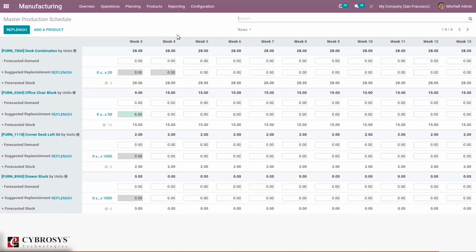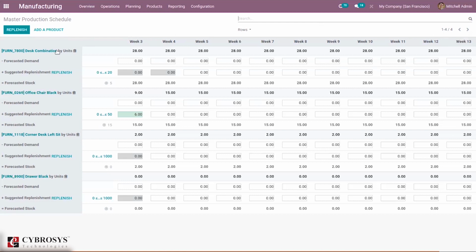So it is possible to define your safety stock target, that is the stock you want to have on hand at the end of a period, and the maximum and minimum quantities to replenish. So here we can see for four products, this is a master production schedule. I can see for week 3, 4, and to week 13.